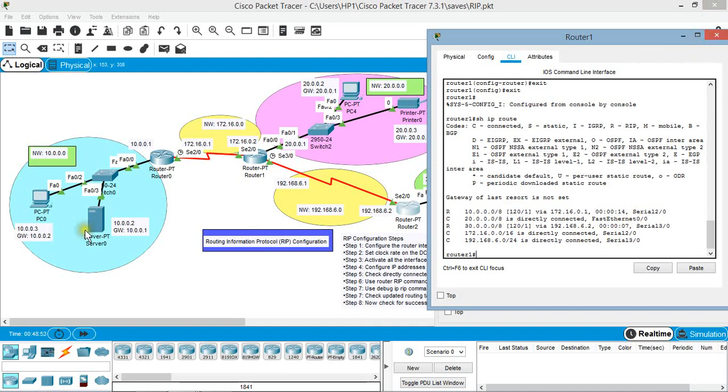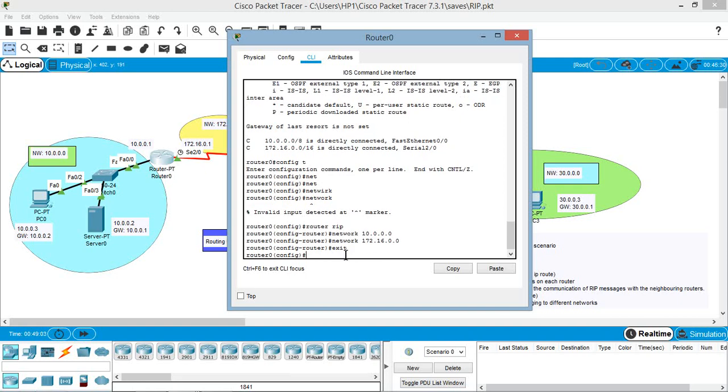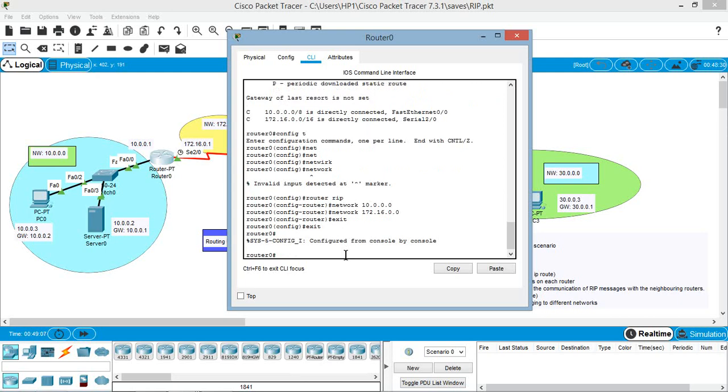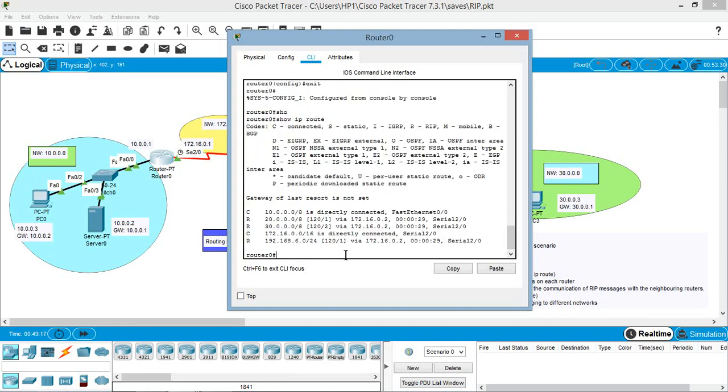Similarly we are going to check the routing table updated using the RIP protocol on router 0. At present we are in config router mode, so exit from here. We have come back to config mode. Again exit from here, and on the normal hash prompt use the command show ip route. So you can see here the updated routing table using the RIP protocol.